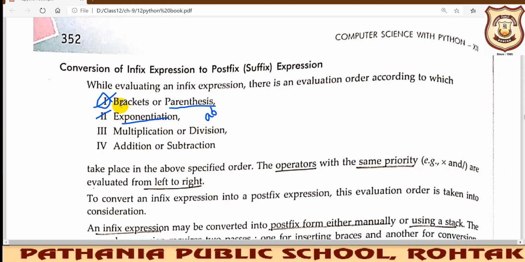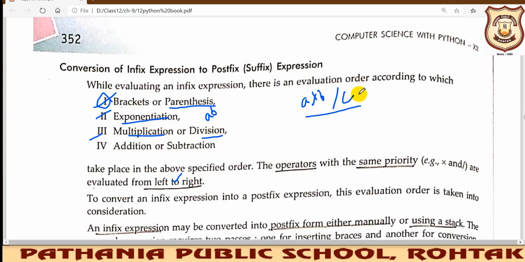Okay, firstly we will go for the solution of brackets or parentheses, then we will go for the solution of the exponential terms. Okay, then thirdly we will give preference to multiplication or division terms. But in case you find that multiplication is also coming in the arithmetic expression and division is also coming, then in that case you will take the left to right rule. See, like if you are writing a into b, and then it is written divided by c, so both operators, multiplication and division, have got equal priority.